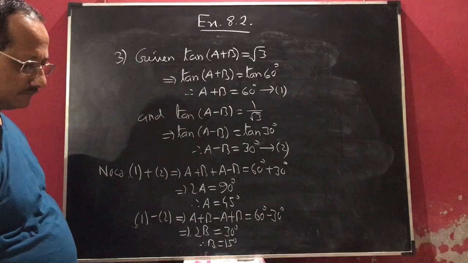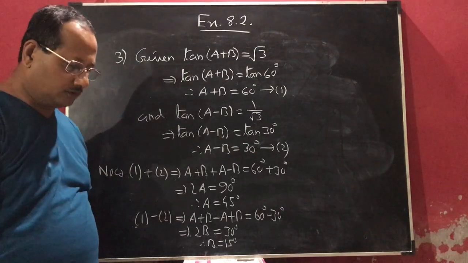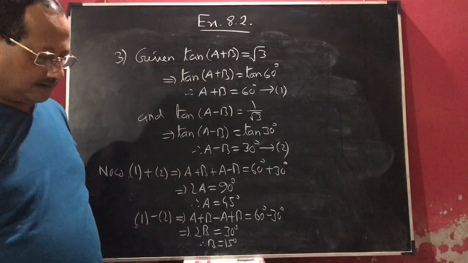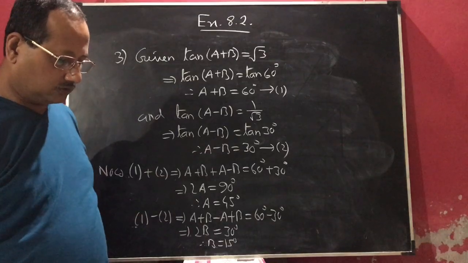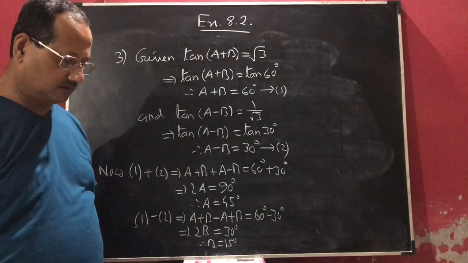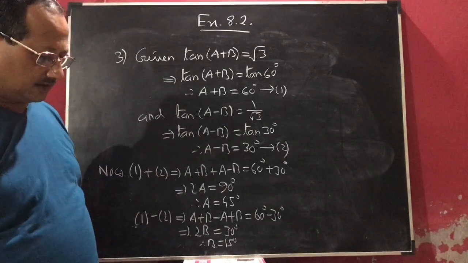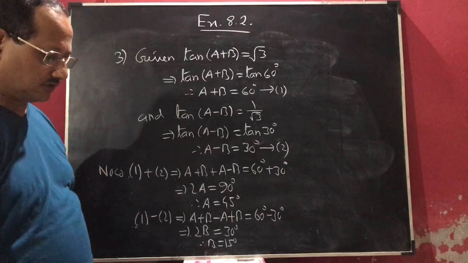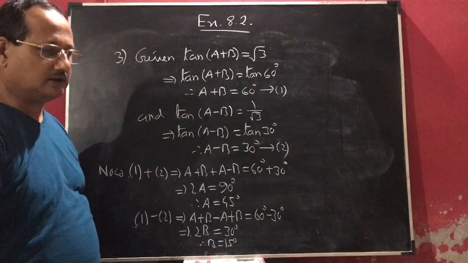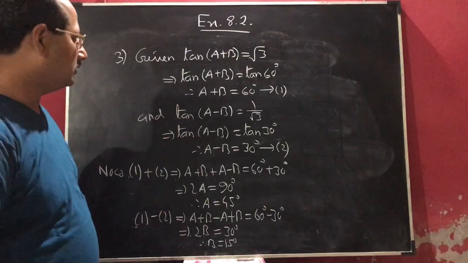This is the answer. So question number 4. State whether the following are true or false. Justify your answer. Sin(A + B) equals sin A plus sin B. It is false, because